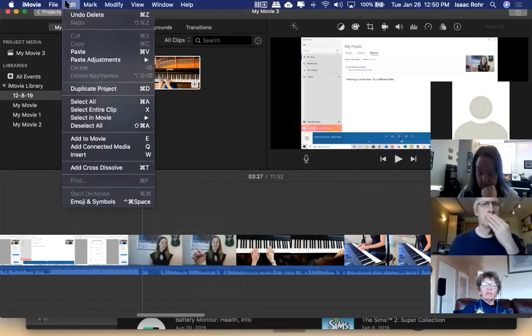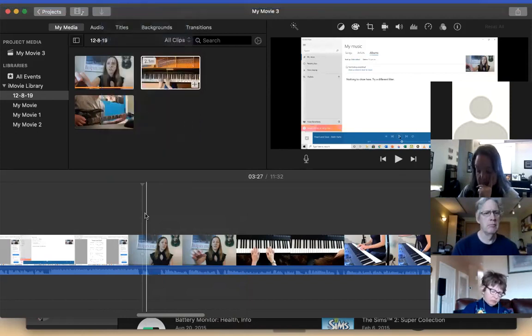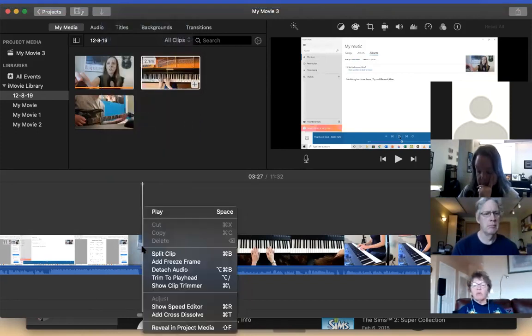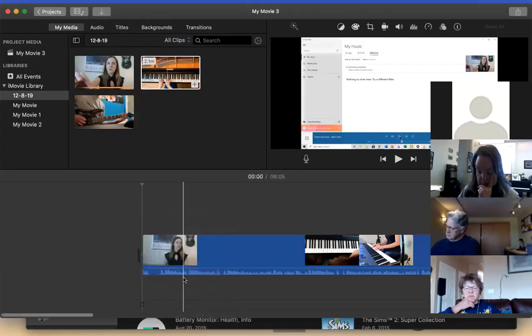Go to the top and go to modify here at the top, and I can say trim to playhead. Same thing. So I'll just do it from here because I think this is probably the most easy way to do it, is just right click where I want or what I want to trim, and then hit trim to playhead.